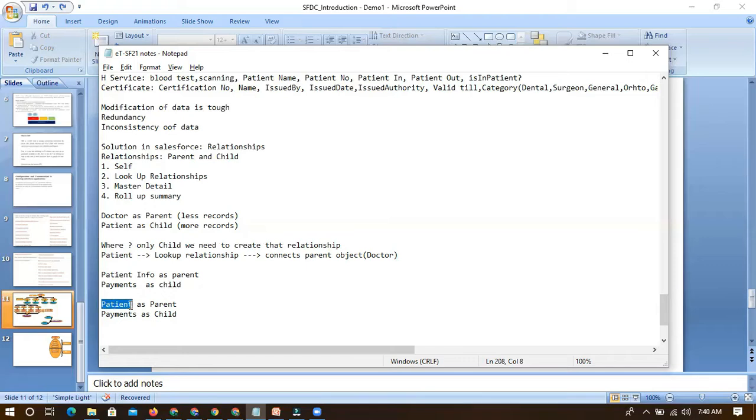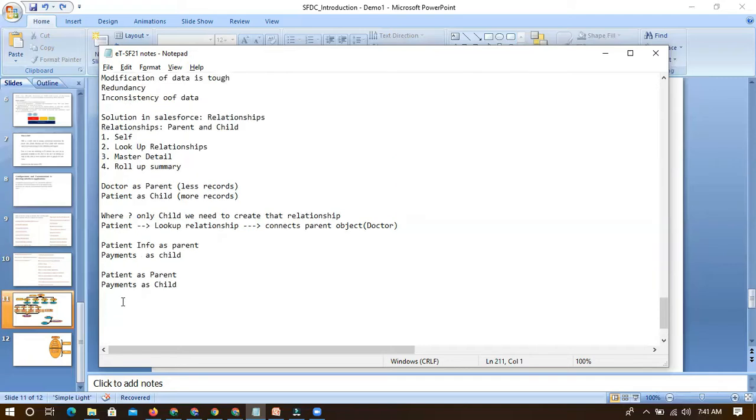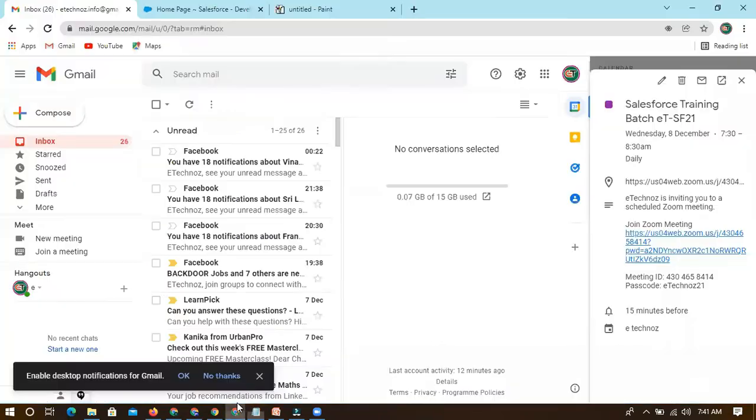Can we do that? Can anyone share your screen and show me how we can create it? Or if you ask me to create, I'll create it. Which one do you prefer? You want me to create or you guys want to create? Okay, it seems, what is happening here? Let's see the tabs. Can you guys see the tabs?